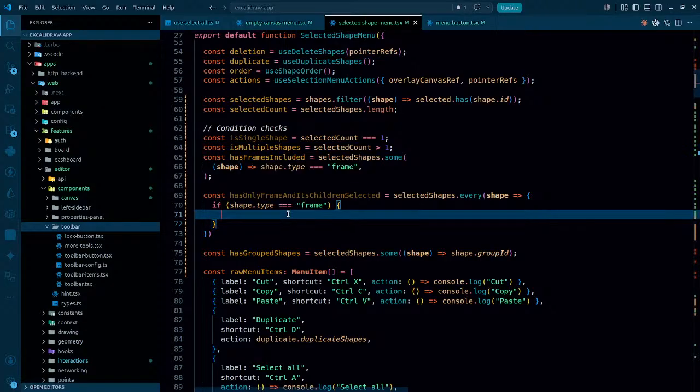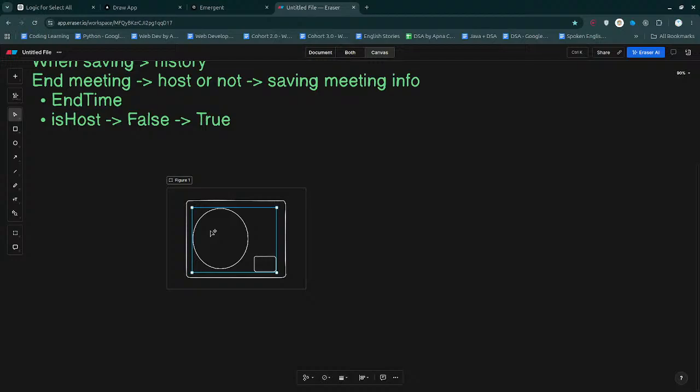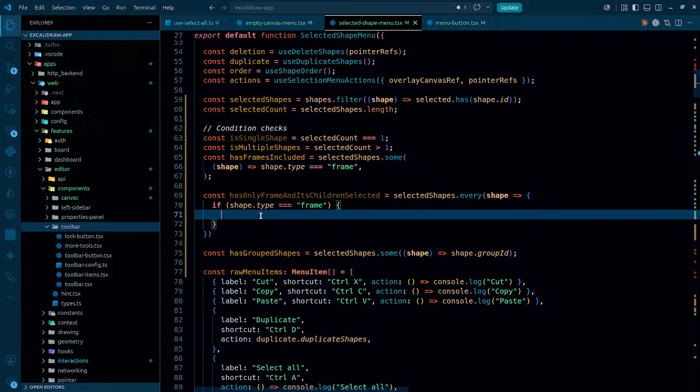Only when you click on the frame you get the remove frame, but what if we want to remove from one shape? So in my case I want to get this option at this level as well. Okay, in that case, what is the thing that I have to check? So I should be